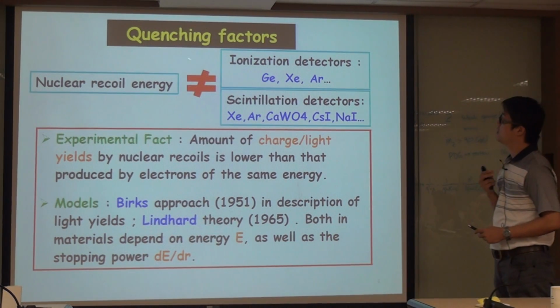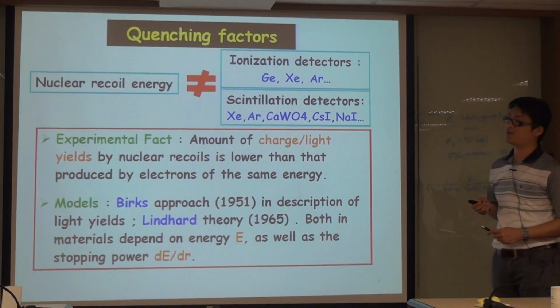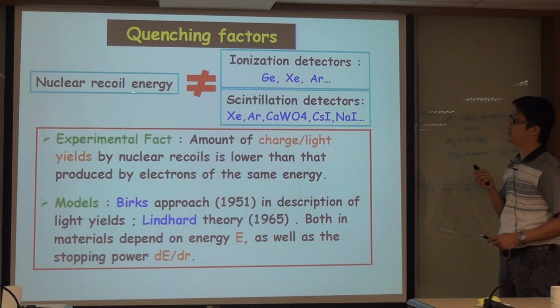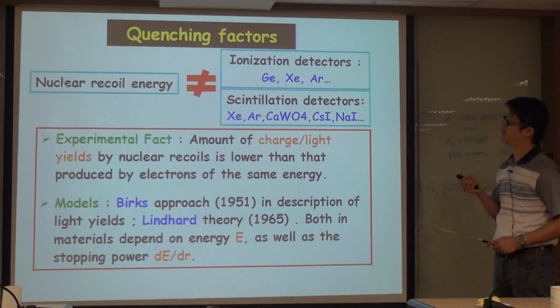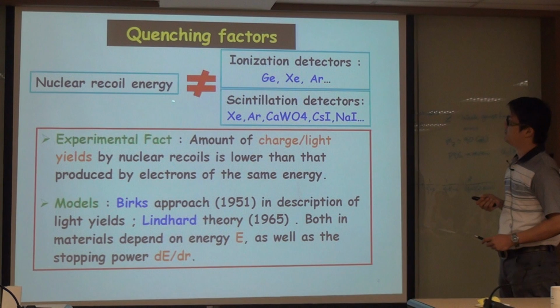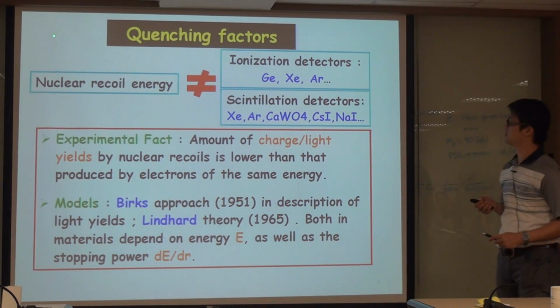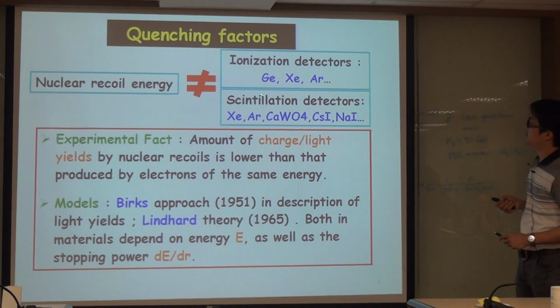So we will come to the quenching factor problem first. What we observe from the WIMP is the nuclear recoil in the detector. Unfortunately, this is not the energy that we detect with ionization detectors or scintillating detectors, due to energy sharing lost to heat. And this is actually an experimental fact that